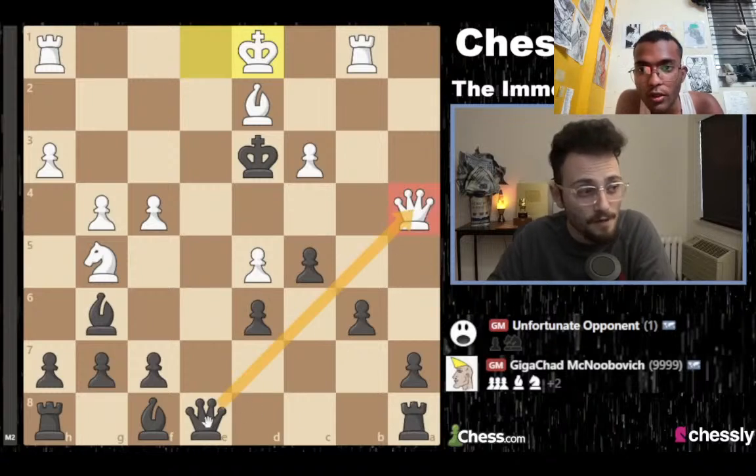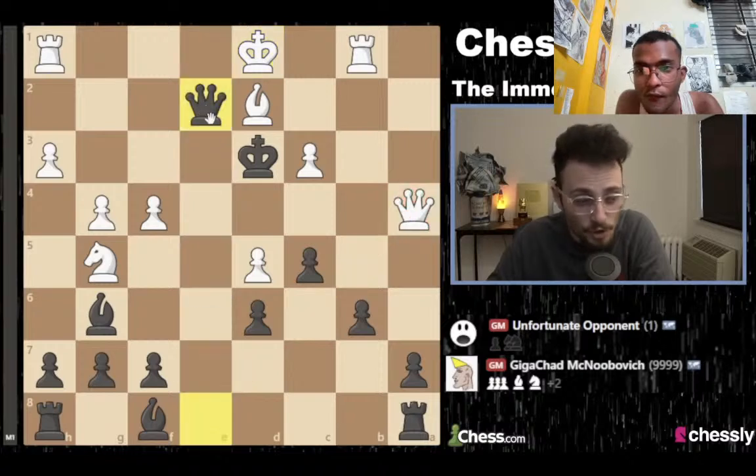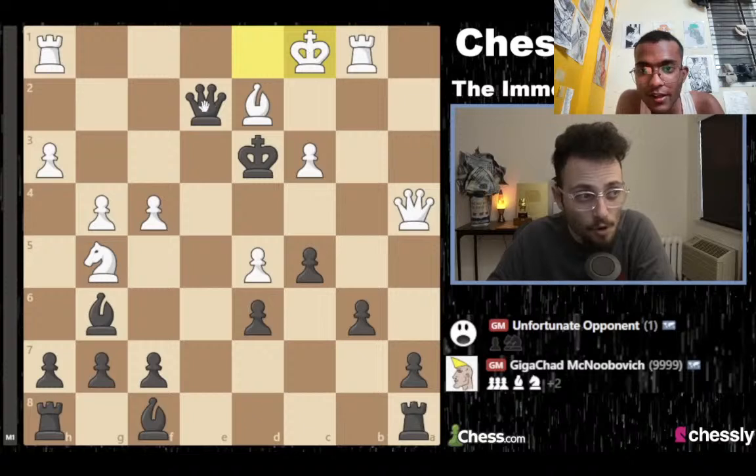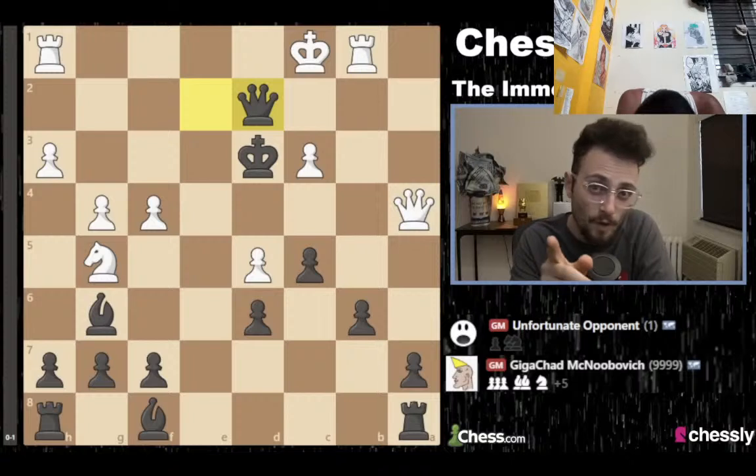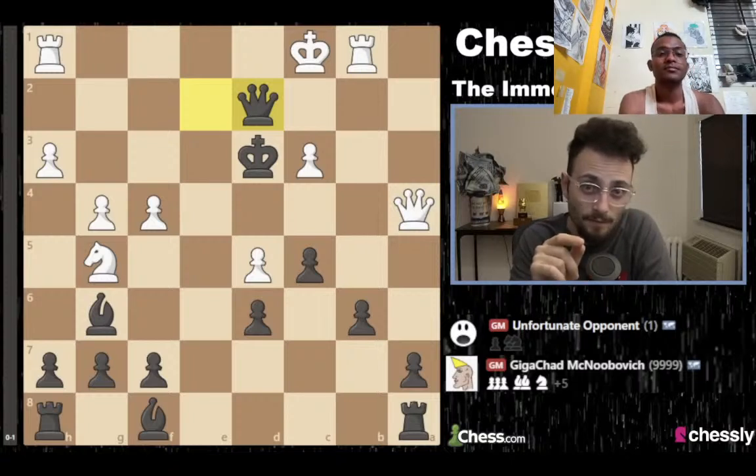It loses to Queen e2 check. King to c1. Check. Queen takes d2. Mate. Not only did white not win this game, not only did white blunder the queen,